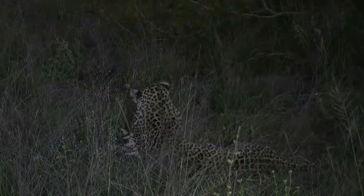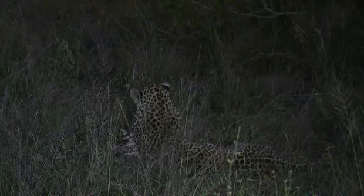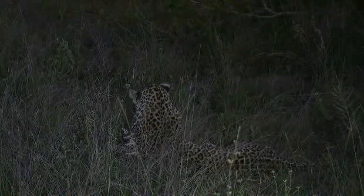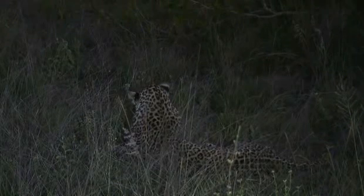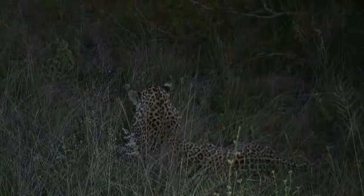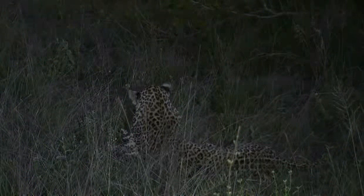Well, for those of you who were on this morning's drive and were involved in the frustration of losing the leopard and losing signal and all of the rest, all the things that did go wrong, I'd like to think we made it up to you this afternoon with an incredible leopard sighting. And sadly Mark wasn't involved because he would have also loved to have shared this moment with you, but